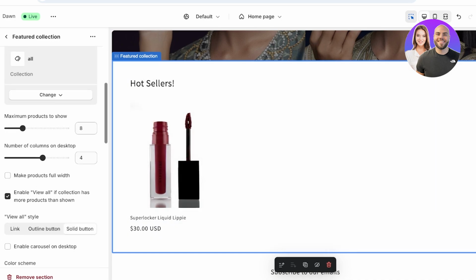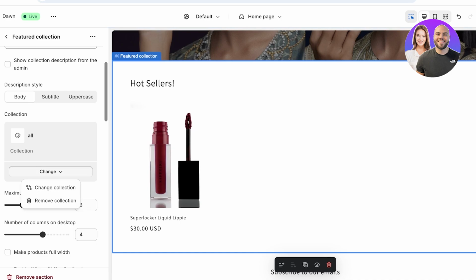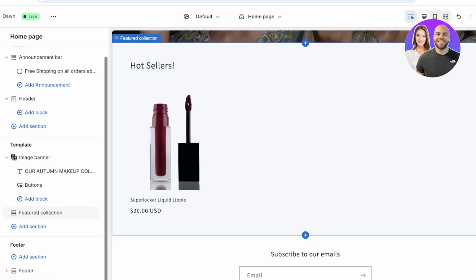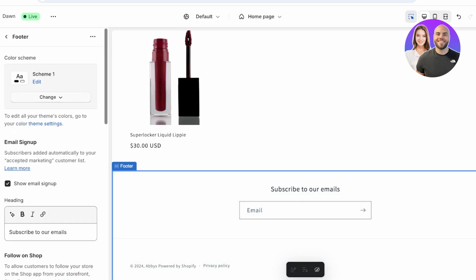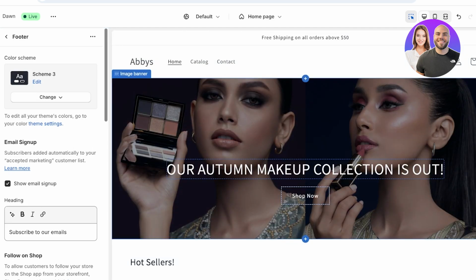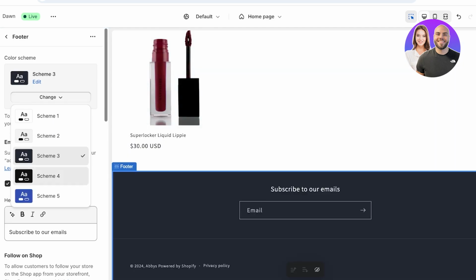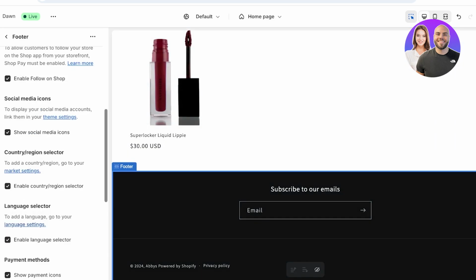You can even click on change and choose to display a separate collection, where you can list out some of your top selling products. Below, you have your footer. The design is by default pretty basic and standard. You don't need to make a lot of changes to this. I just like to change the color and make sure that your emails and your basic info in your header